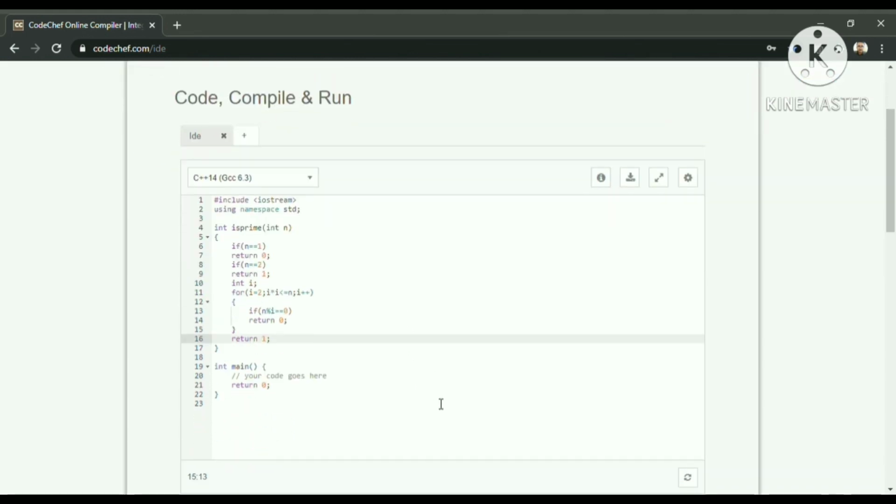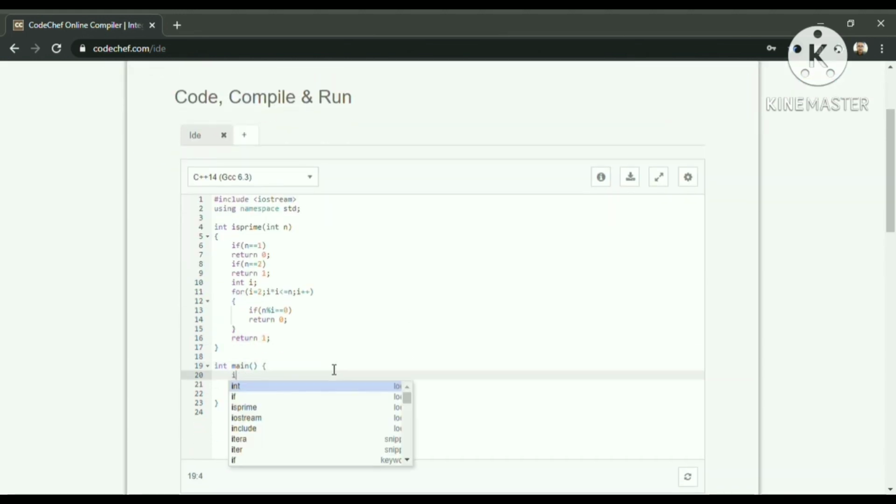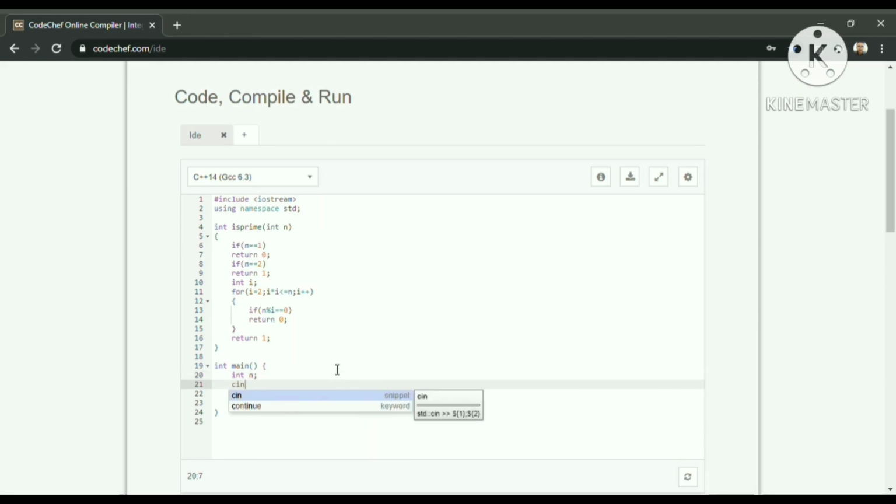So coming to the main part, we are going to declare a variable int n, whose input would be taken from the user using cin >> n, and then inside the if condition, we are going to call the isPrime function. So isPrime(n),